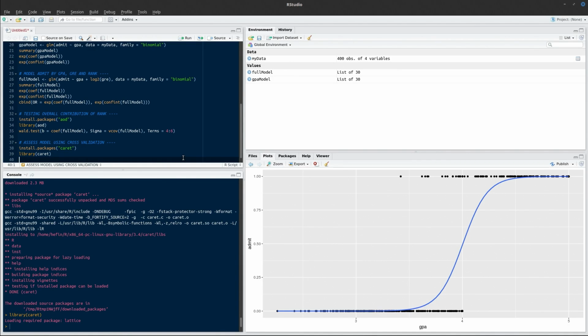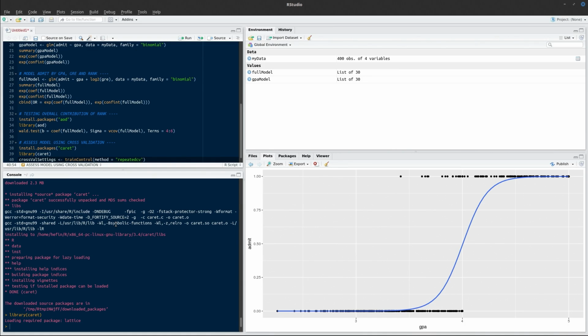Okay, so before we can perform the cross-validation, we just need to tell Caret a few settings, basically exactly how we want it to perform. So we're going to call this cross-val settings. To set these, we're going to use a function in Caret called trainControl. All this function does is allow us to set our settings and preferences for the cross-validation process, which we'll use in a second. There are lots of different ways of performing cross-validation, and the method that we're going to use is